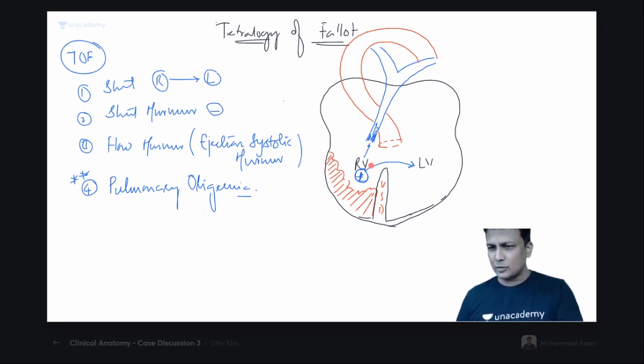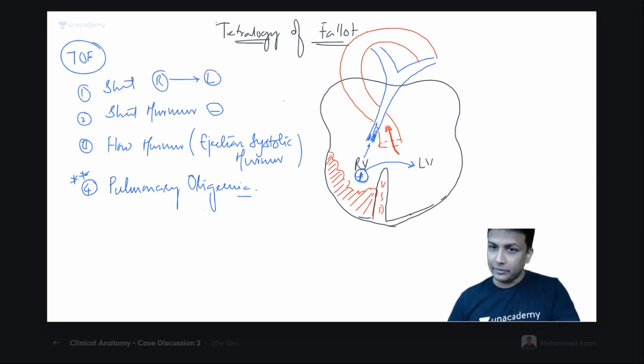From the right ventricle, the right side, you will always have deoxygenated, impure blood. I will not be able to repeat this point again because I am going to spoil the diagram, so listen carefully once. The blood is shunting from the right ventricle into the left ventricle. Because it shunts from the right ventricle into the left ventricle, it is deoxygenated blood, and that deoxygenated blood from the left ventricle will go into the aorta.